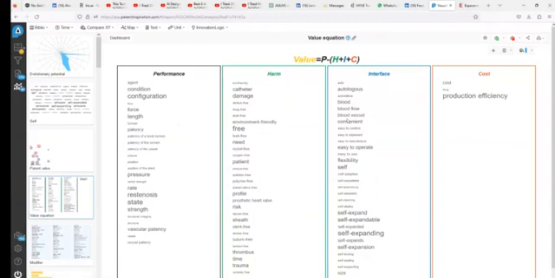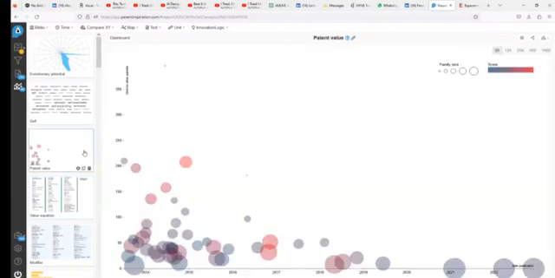Interface is really about being easy to implement, to manufacture, or even better, self-expanding, self-this. And cost could be about the production efficiency, or the drug cost, or anything like that. So again, it gives you these values of more good, less bad, easier, cheaper in your stent. And now to go back to what Wanda was mentioning in the chat, looking at some of the